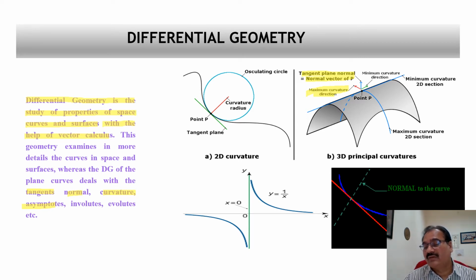And this is your maximum curvature in 2D section. This indicates the minimum curvature in 2D section, in the XY section. Now here also, asymptote. This is a clear and very easy example of the asymptote. If you look at the tangent and normal here, this is the simplest curve where you can visualize the normal and tangent.